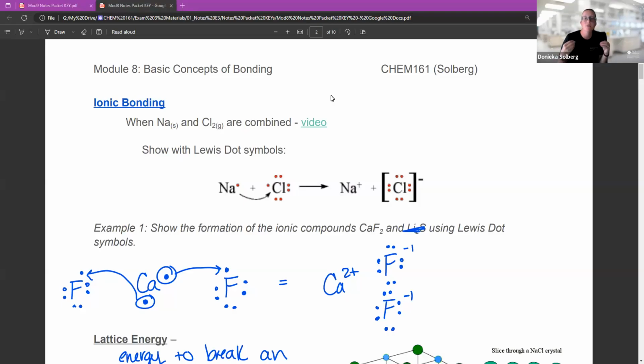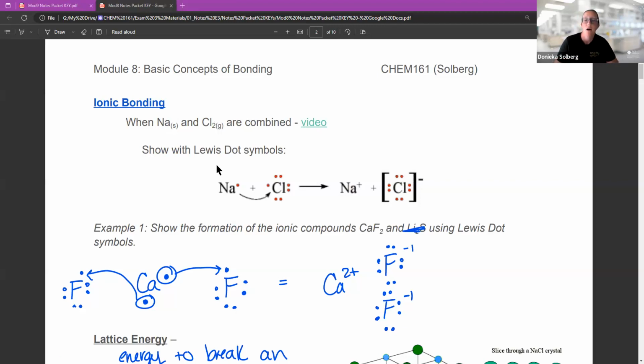Okay, so we're starting with structures of ionic bonding. This one's actually really simple because all you have to do is show the electron transfer from whatever is giving up electrons to whatever is gaining electrons. So for example, we're going to use NaCl, whenever you react a sodium with a chlorine and they are combined. It's actually a very powerful reaction because sodium really wants to give up an electron and chlorine really wants to